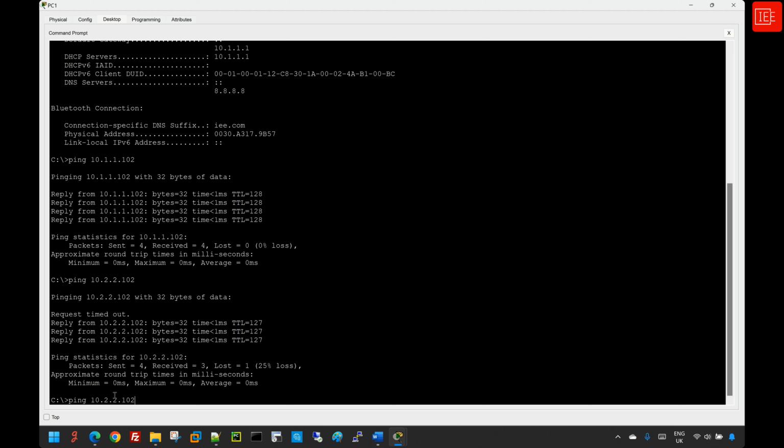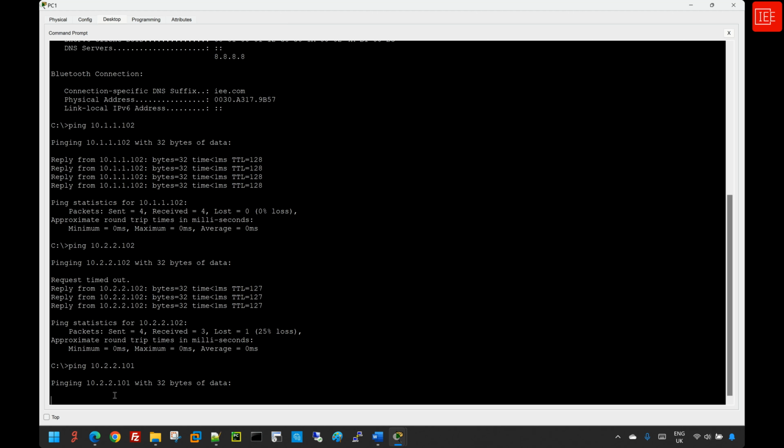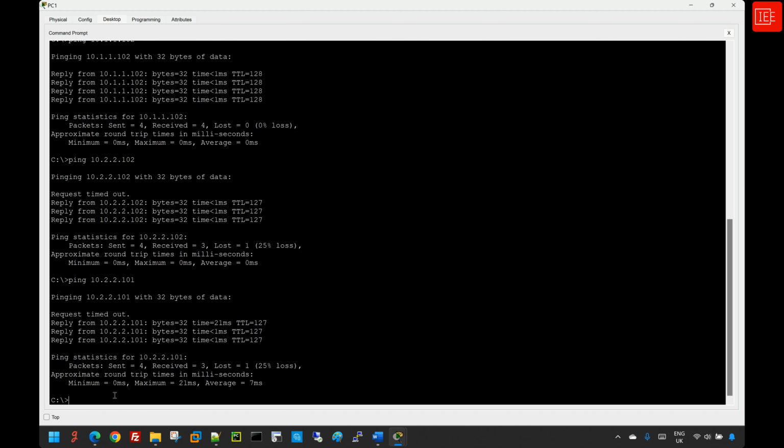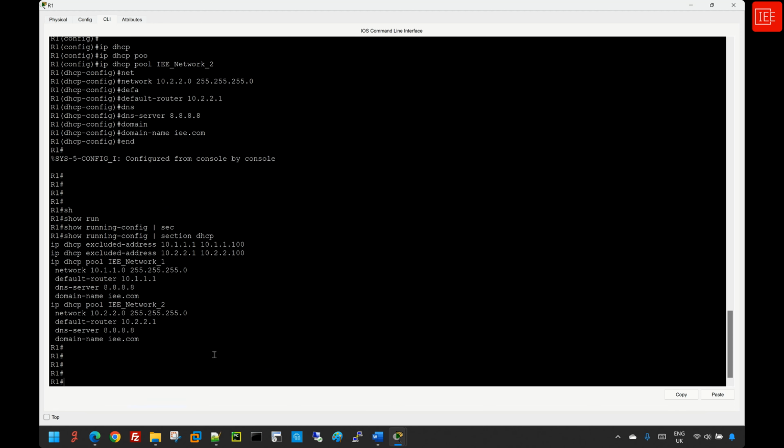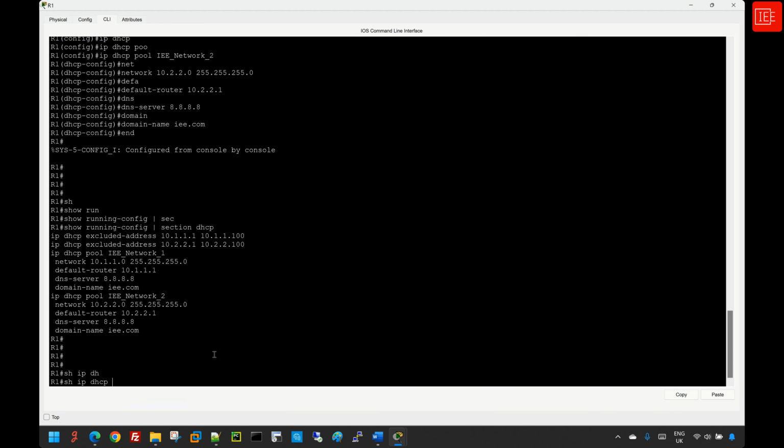I'll do the same thing for PC3. So I'm going to change the last octet to 101 and I'm going to hit enter. And you can see that we have reachability and connectivity. Okay, so what I want to do next, I want to jump back to router 1 and issue a couple of commands to show you some DHCP statistics so that you will be able to understand the output from each command so that you can digest it and be able to troubleshoot any issues if there is a problem with the DHCP service. So I'm going to go back to router 1 and I'm going to say show ip dhcp